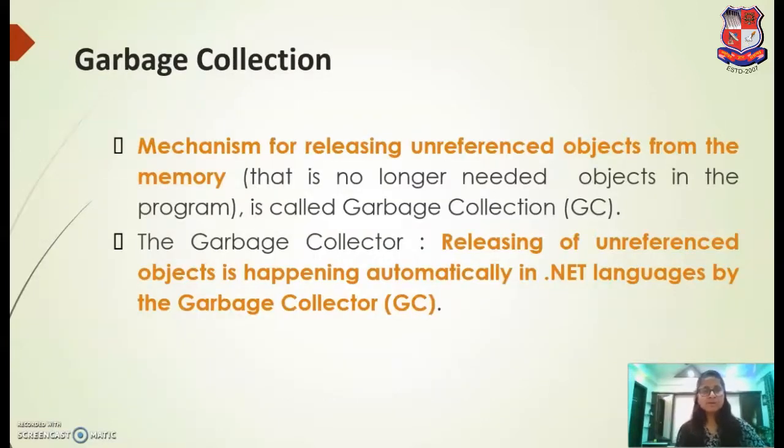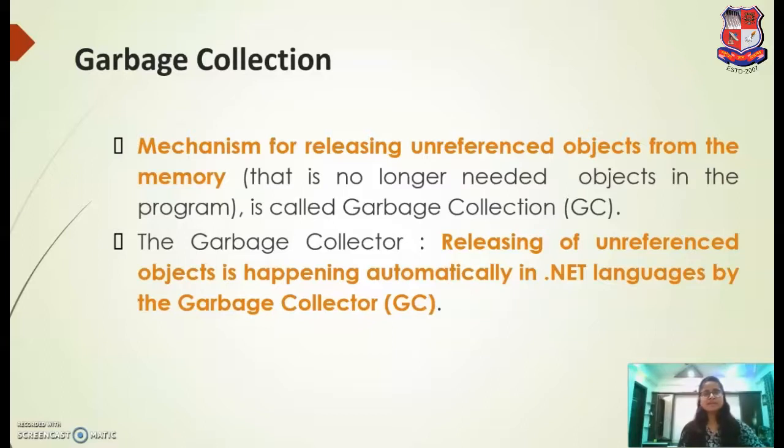Now, one of the more important concepts that we would like to cover is garbage collection. Garbage collection is a mechanism for releasing unused objects from memory, right? There is a garbage collector component in the CLR which releases objects that are no longer used.